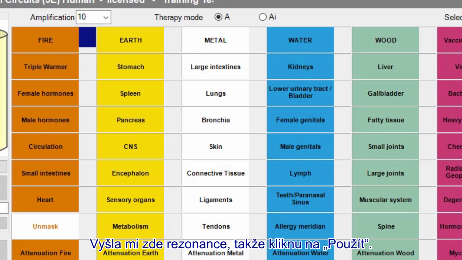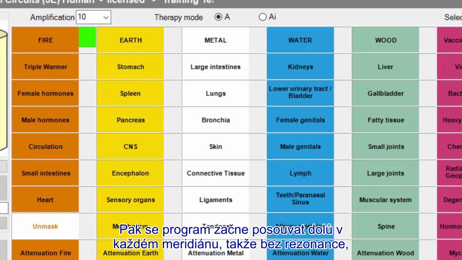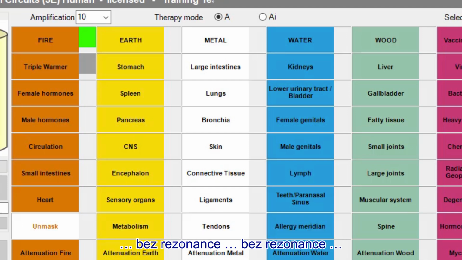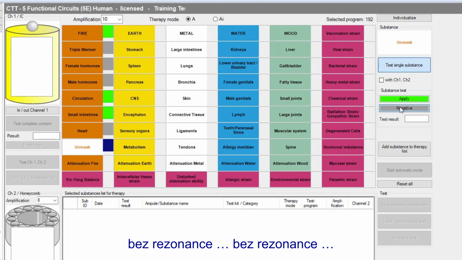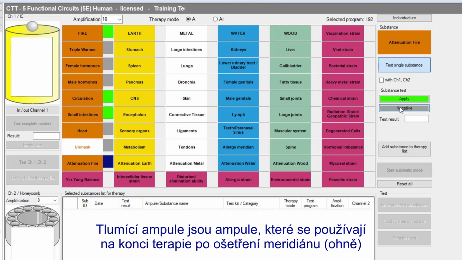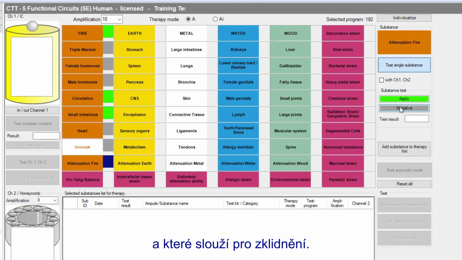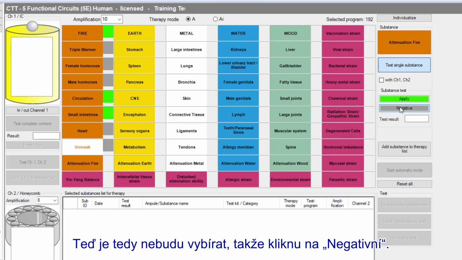So I've found resonance there. So I will click apply, and it then starts to take me down each of the meridians. So no resonance, no resonance, no resonance. There's resonance here, resonance here, no resonance, no resonance. Now the attenuation are ampules that you run at the end of a therapy when you've treated the fire meridian, just to dampen things down. But for now I'm not going to use that particular one, so I'll go negative,